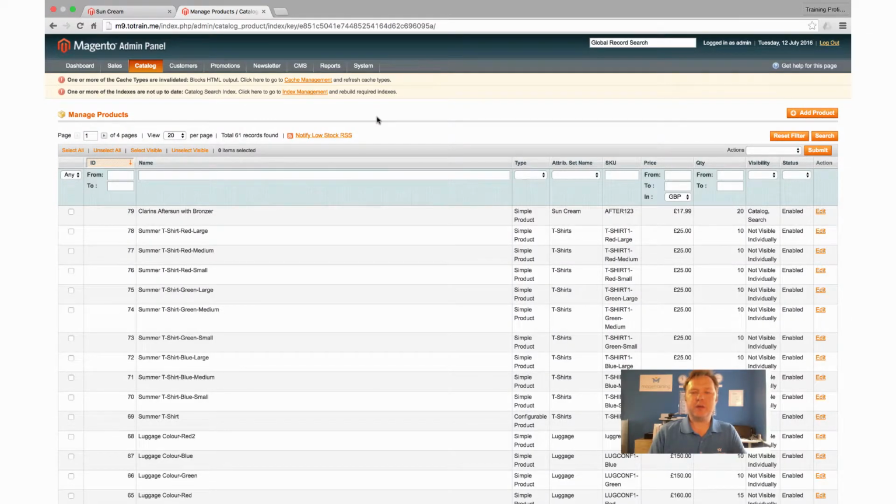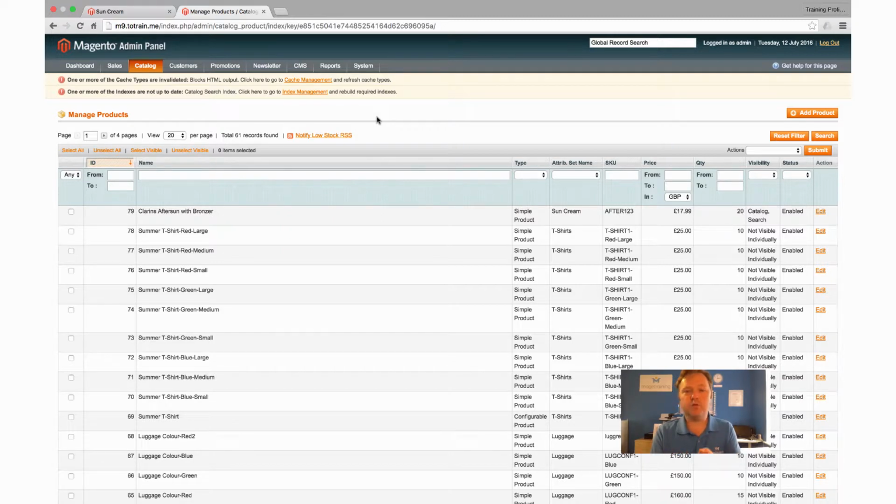Another product type that we have at our disposal is bundles. And bundles can be used for several things. One of them is a way of bundling products together and simply doing that. So we might just bundle 2 products together or 3 products together and sell them as a unit price. Which means that those 3 different products are taken from different areas of stock, but they're sold to the